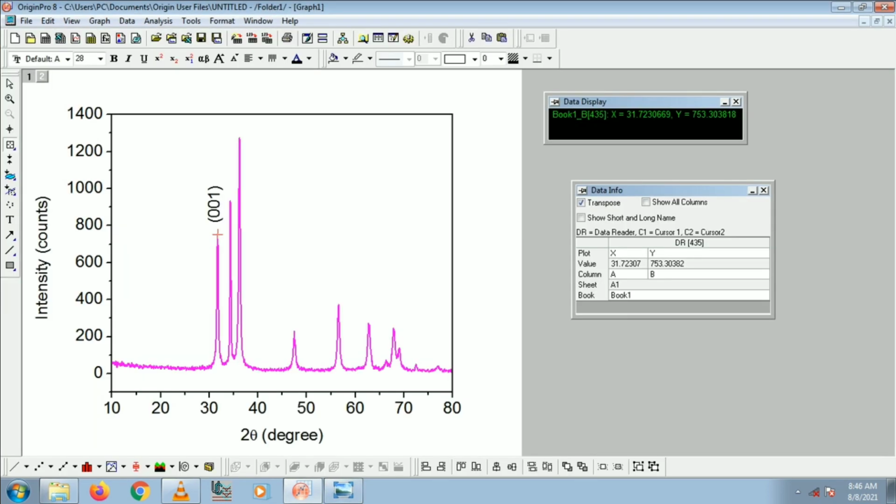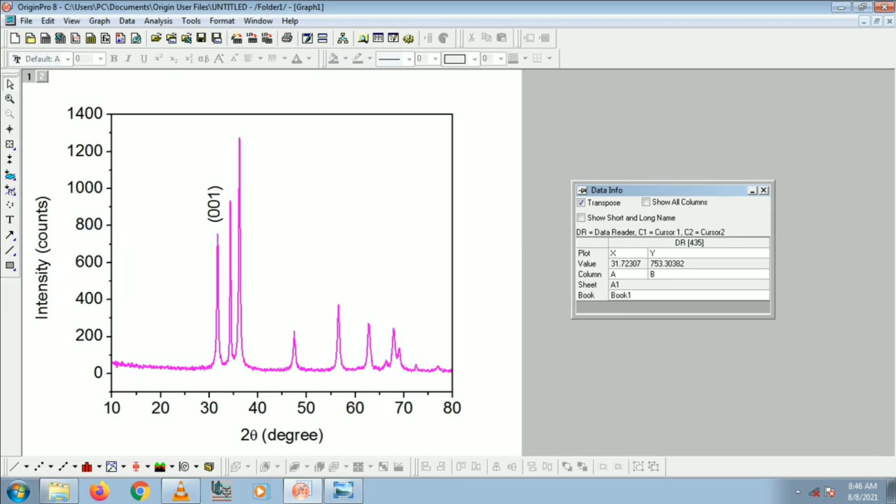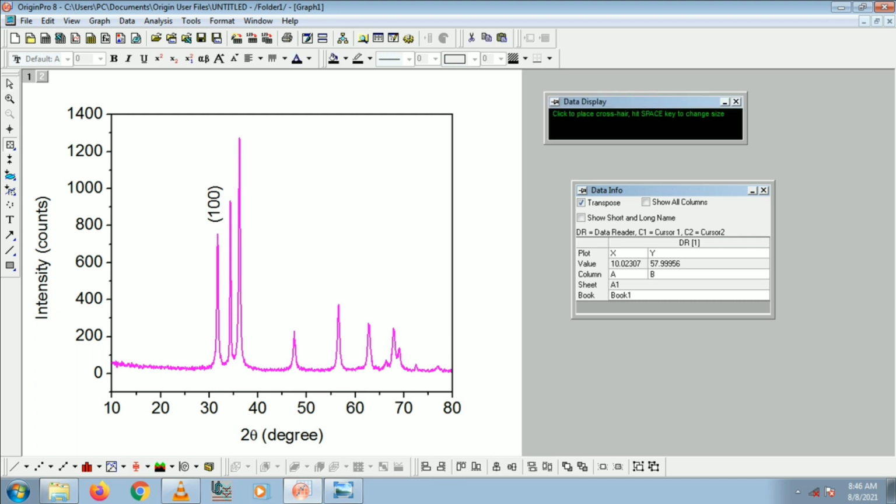We have to read each and every peak in the pattern with the help of the reader and place their corresponding Miller planes by comparing with the JCPDS data. Here you can see how I did.